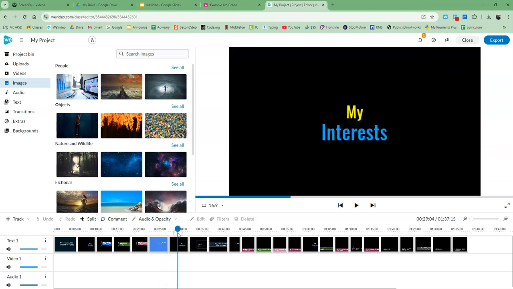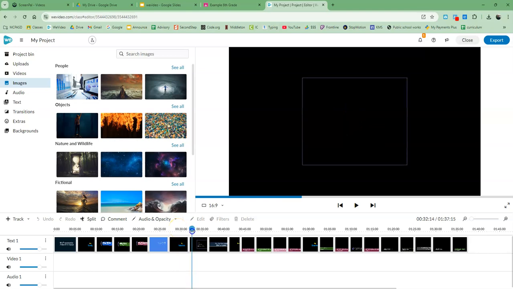But as I get down to my interest, this is where I want to add images to the rest of my slides. So I say I love my hobby of wood turning. So now I need to go find an image that'll go with that. And this is what I need to explain to you. We're only using images from WeVideo. So if I put in something like wood turning,